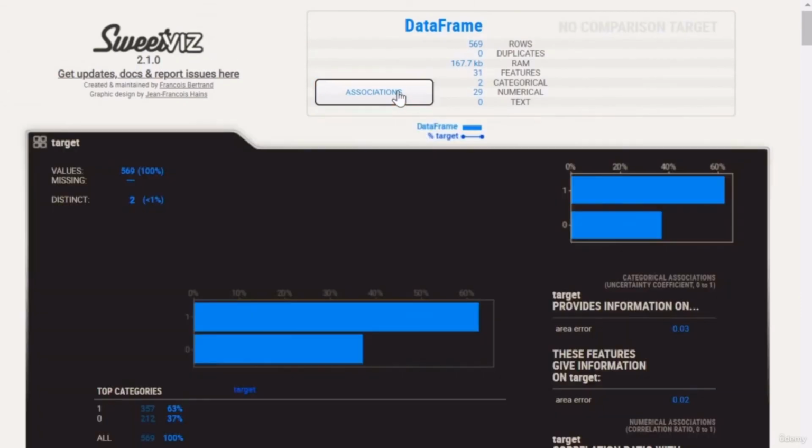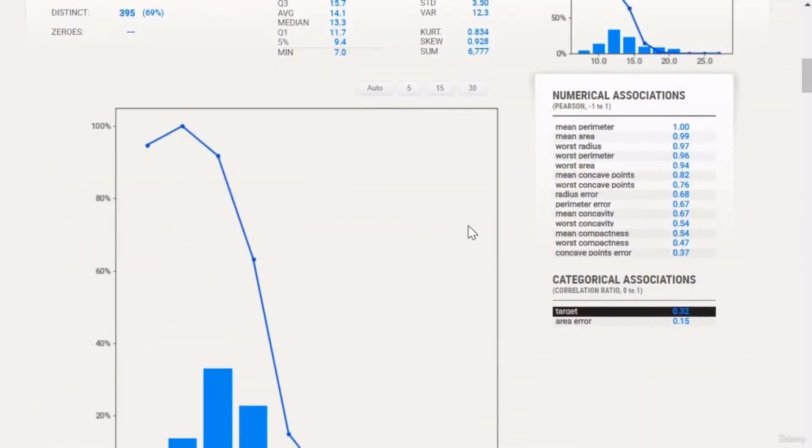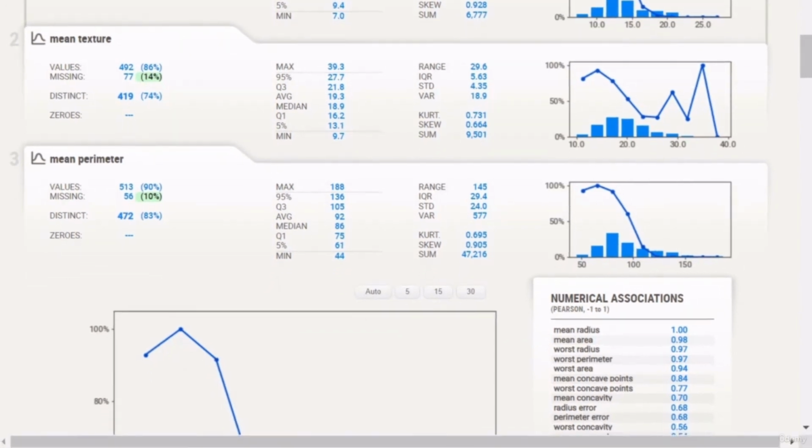So SweetViz is very powerful for this kind of quick analysis. It gives us a very quick overview of the features, the correlation with the target, and the correlation between each feature and the other features. Now we can see